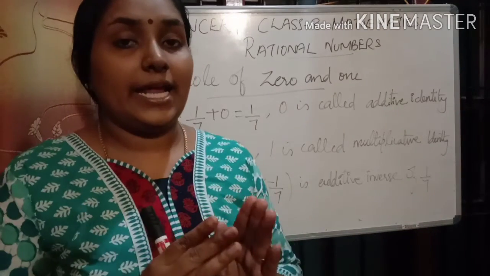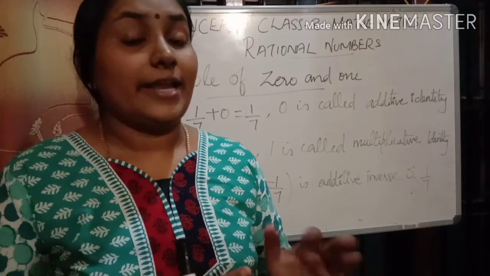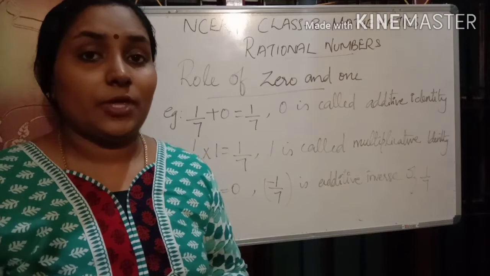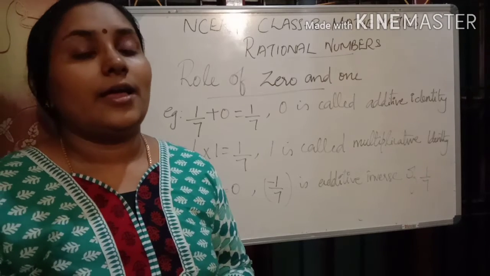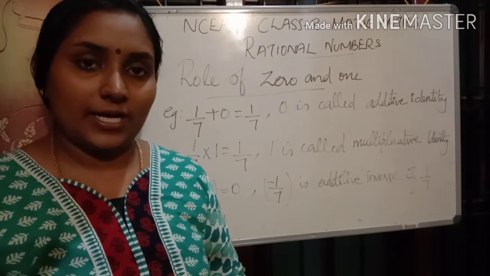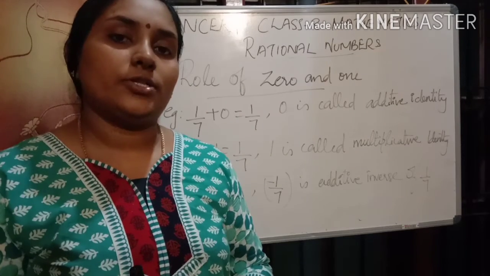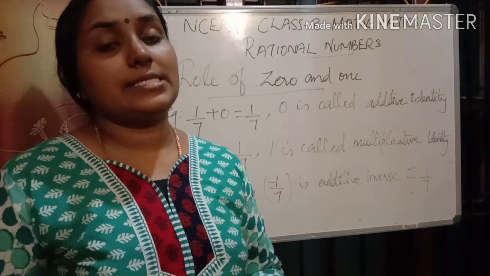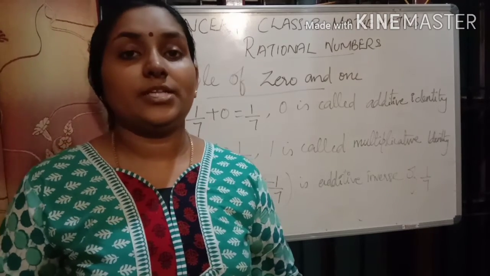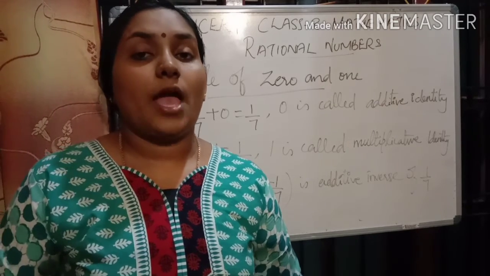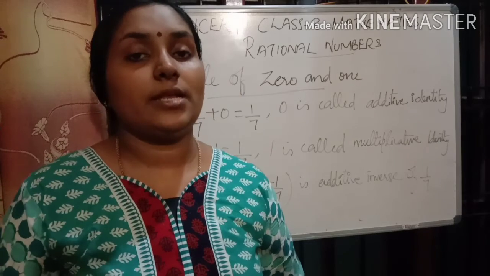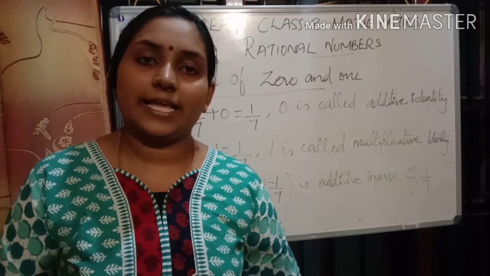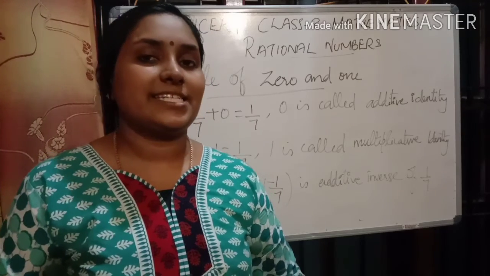Clear? We have studied rational numbers, the definition of rational numbers, the number system using a Venn diagram, and the role of 0 and 1 in rational numbers, right? What we are going to learn in the next section is BODMAS and rational numbers in between two rational numbers. If we have to find 6 rational numbers between 1 by 3 and 2 by 3, are there any numbers in between 1 by 3 and 2 by 3? We'll see in the next session.